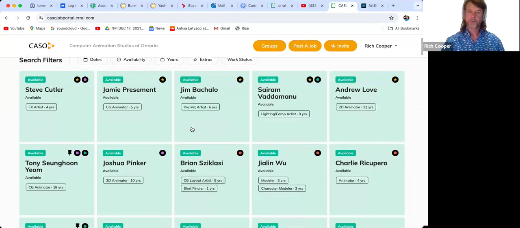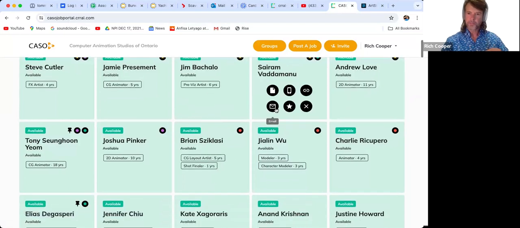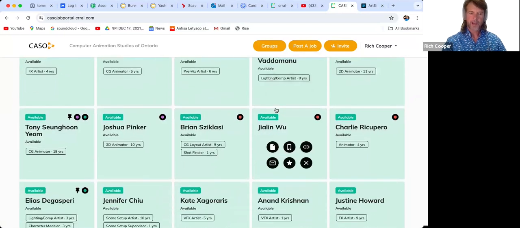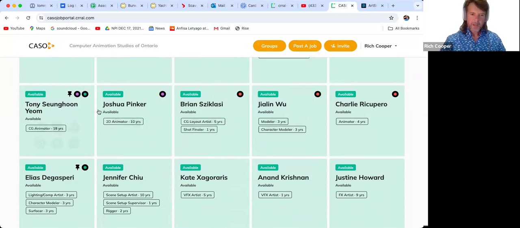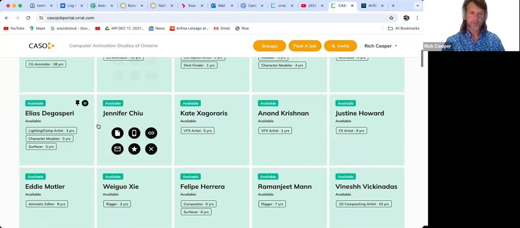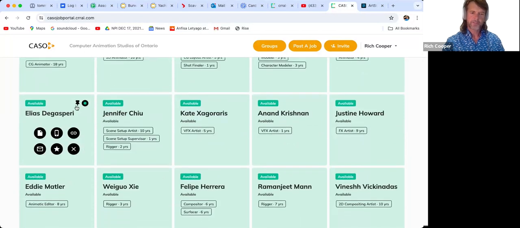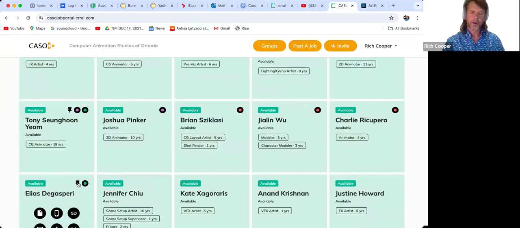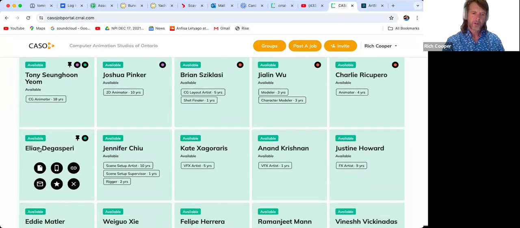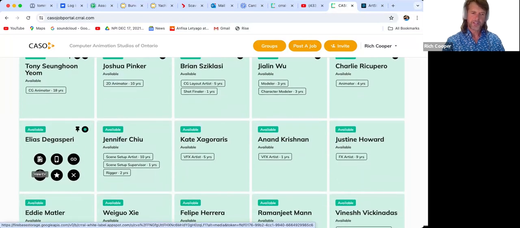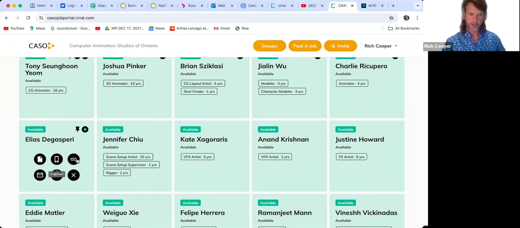Okay, let's look at the tile system. How do these profiles work? It's all simple tiles. We have the name, and you'll see the jobs that they do there. There can be up to 3 jobs. When you mouse over, these icons mean that they are in a group, or there are notes if there's a little pin. The icons are: see and download their CV resume; phone, call or text; LinkedIn; email; and then mark them as a favorite or add them to a group. And this one is to hide that person if you just never want to see them again.